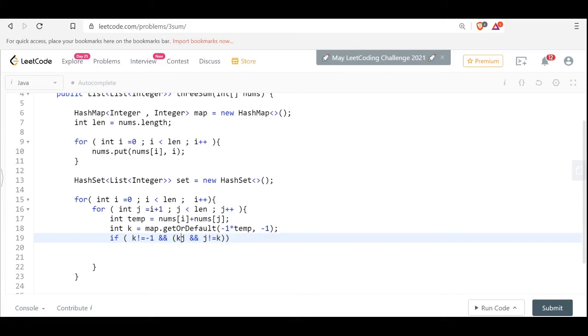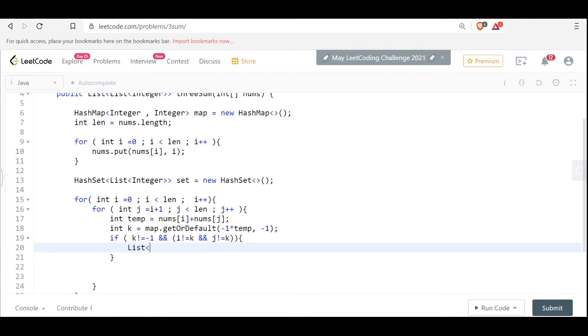If k is not equals to minus 1 means we got our k, and then i and j are not equal, obviously, and i and j are not equal to k.